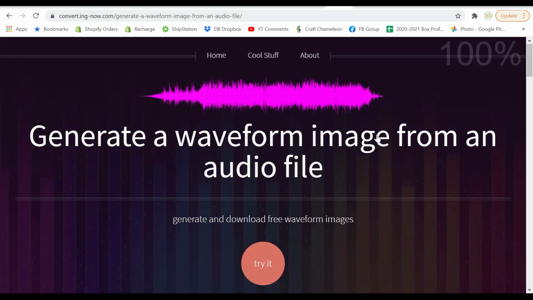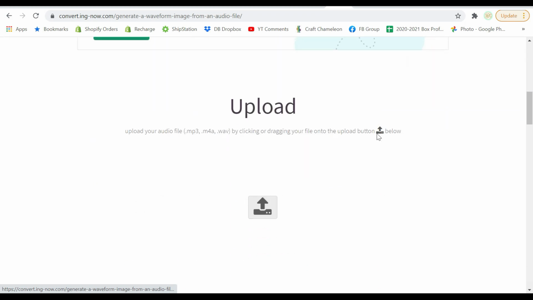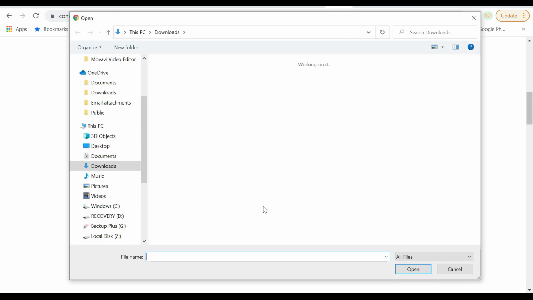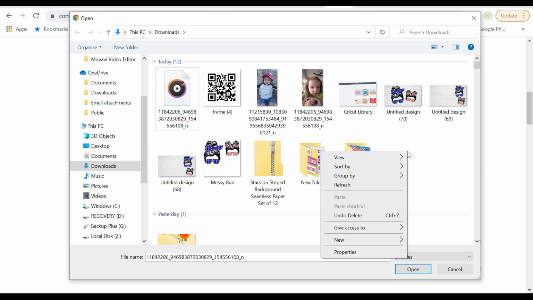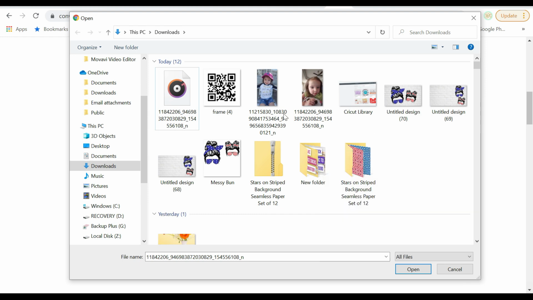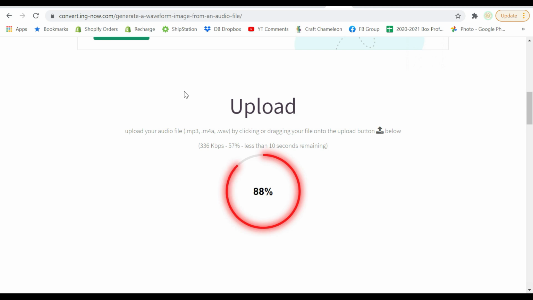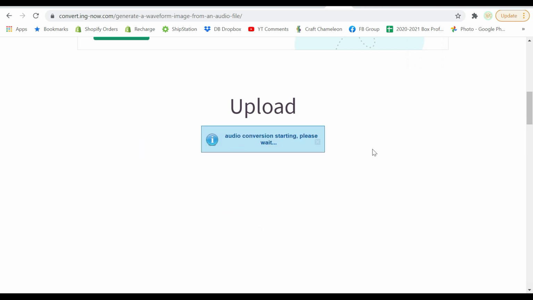Super easy, super easy. Now, all I'm going to do is scroll down, click on the little upload button right there, find our newly created MP3 file, go ahead and upload that to the website. Again, super easy. And just make sure that you are choosing the MP3 and not your video file, okay? If you have problems finding your most recent files, you can sort those out, okay? But no big deal. It should be right there in your downloads.